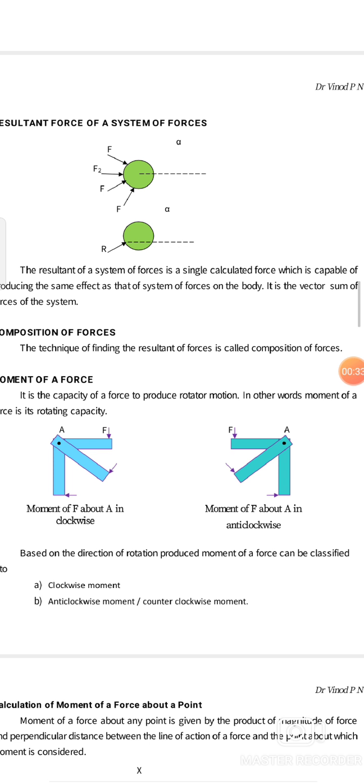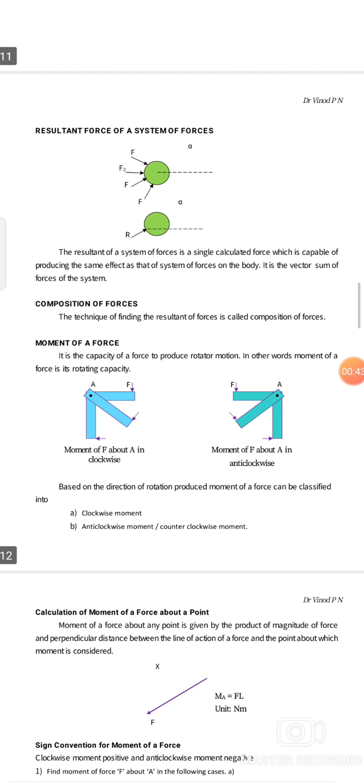The main thing we have to remember is, if it is a force, the first thing is we should know the point of application, magnitude, and the direction, that we have to calculate. Studying the resultant of a force system will help you with module 2, that is about the equilibrium of forces.